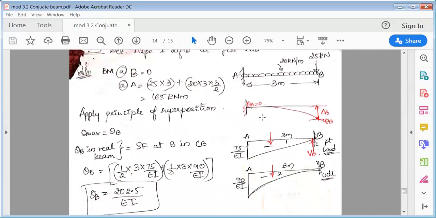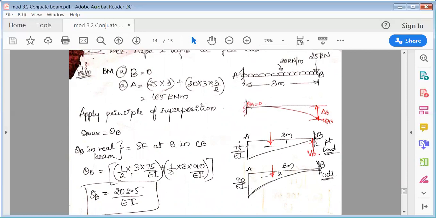So the first thing is to draw the deflected shape of the beam. End A is fixed, so no rotation, no deflection. End B is free, so maximum slope, maximum deflection. After this, because there are two different forces acting here, a UDL and a point load,